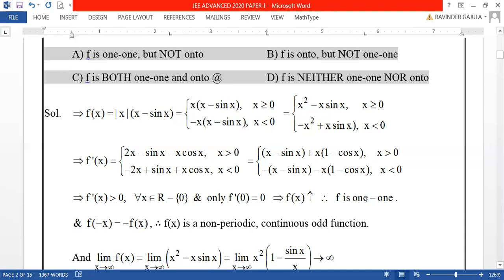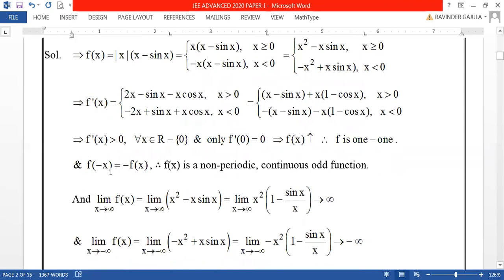Hence, f is 1, 1. Right. Now, let us try to verify whether f is onto or not. And from this one, what is f of minus x? Because f of x is this one,